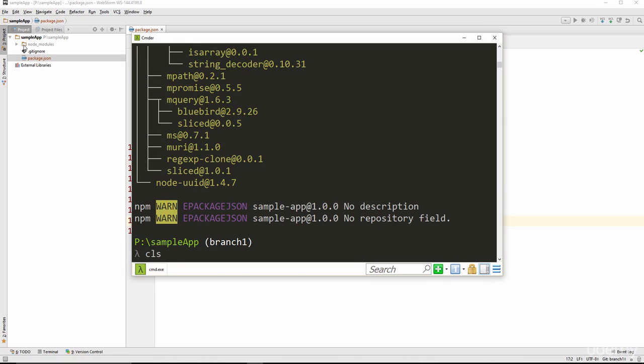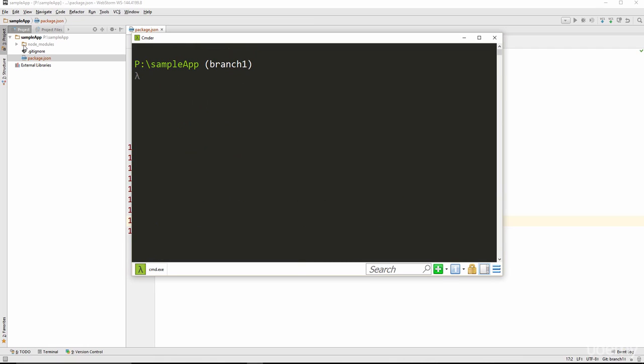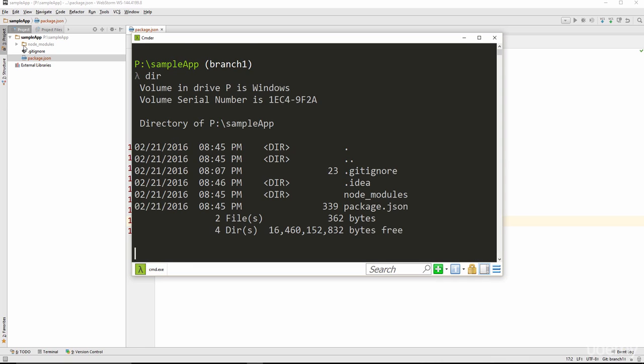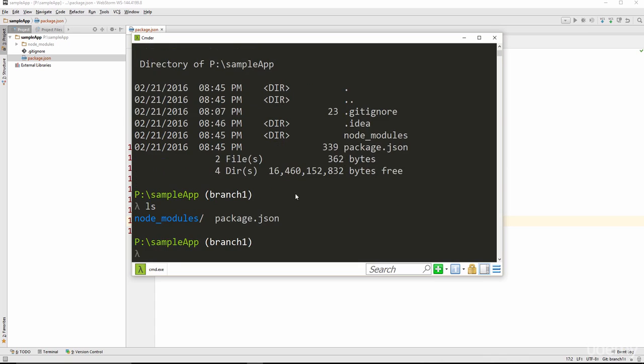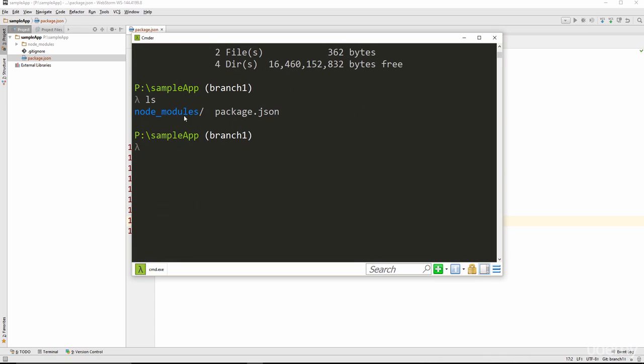If I do a cls here and do dir to see the current directory, we have node_modules here. A simple ls for those who are using Mac will show the node_modules folder, which was created with our dependencies in it. But after we install this